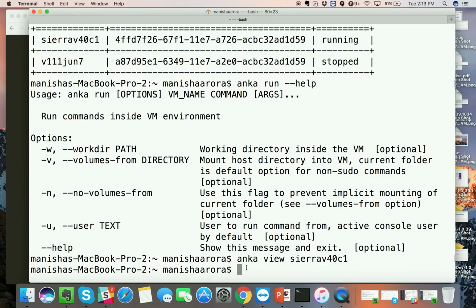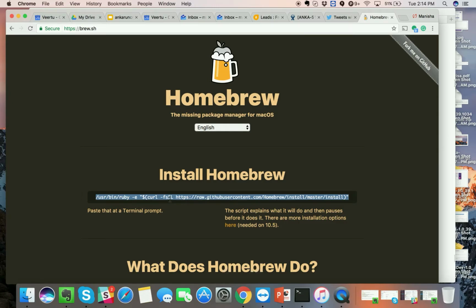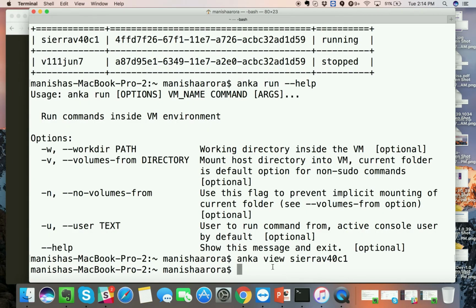And as step one, we will first install Brew on this Enka VM. So I'm actually going to go to the Brew home site here, and I will use this install instruction. So I'm going to take this string, copy it, and now I want to run it inside my Enka VM because that's where I want to install Brew. So I'm going to type Enka run my VM name, and now